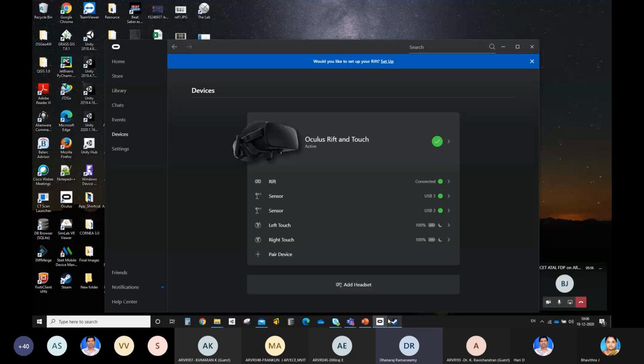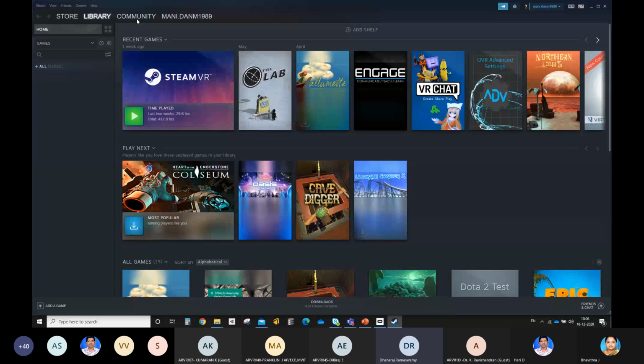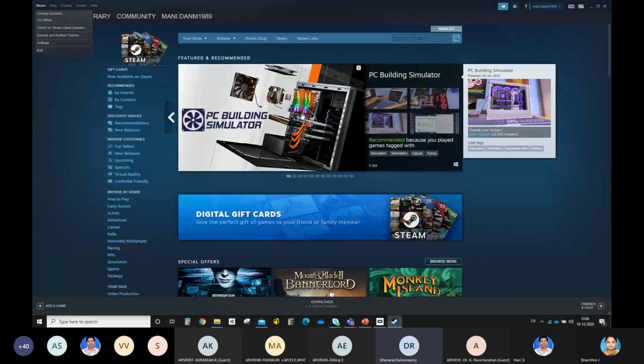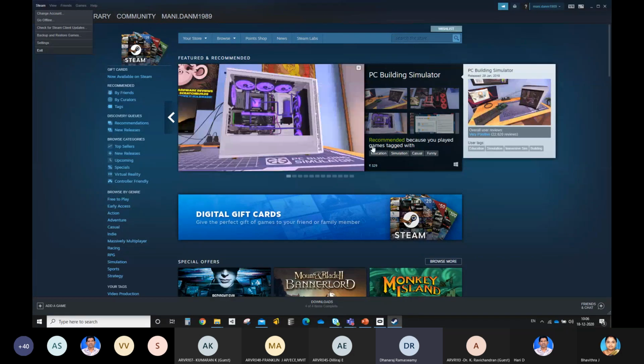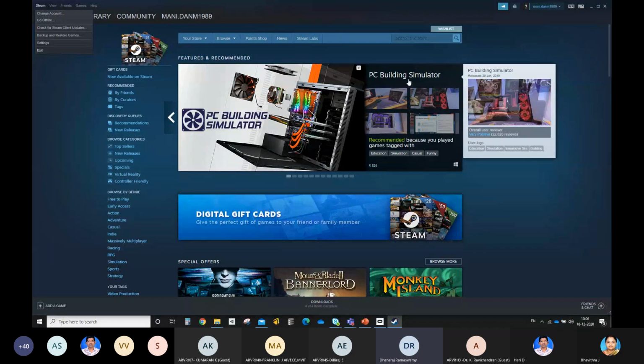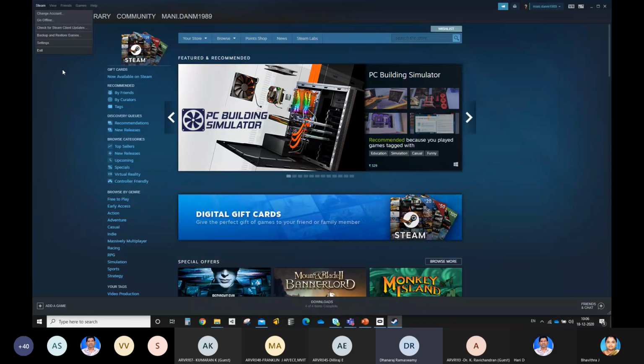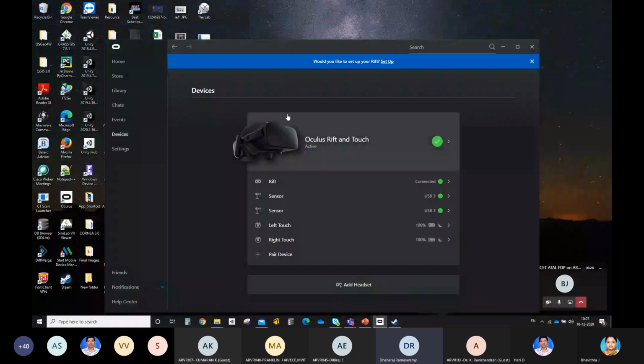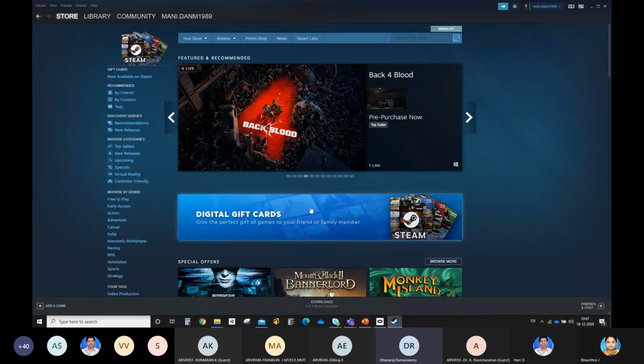Now we go to the HTC Vive settings. For HTC Vive we use Steam VR for the settings. Steam VR is used for multiple HMD devices. Oculus devices can only be used with Oculus Home, but with Steam VR we can access multiple devices like HTC Vive, Google Daydream, and Oculus devices also. But we cannot use the Oculus SDK with HTC Vive. So we can use Steam VR with Oculus devices and HTC Vive devices.